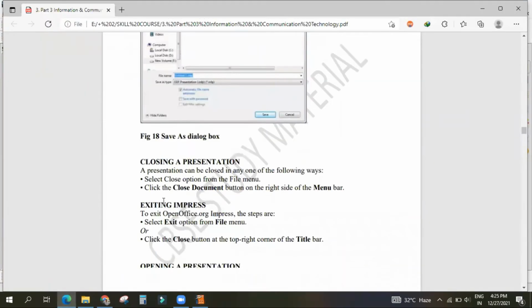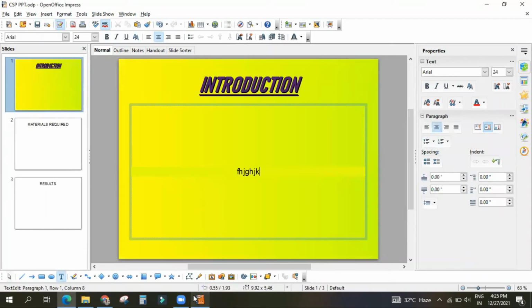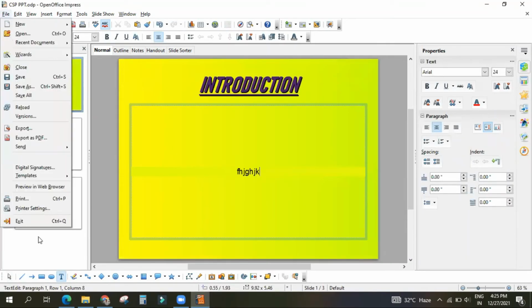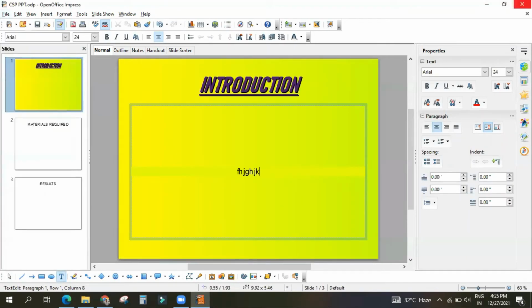Okay, leave those things. Closing, how to close? You can go for File, Exit, or here you can click yes or no, it will be closed. Understood? Yes, sir. Here you can go to the title bar, or by going to File then Exit also you can do.